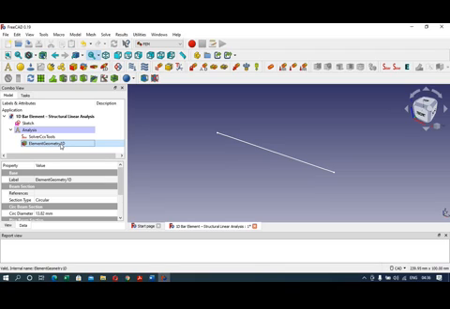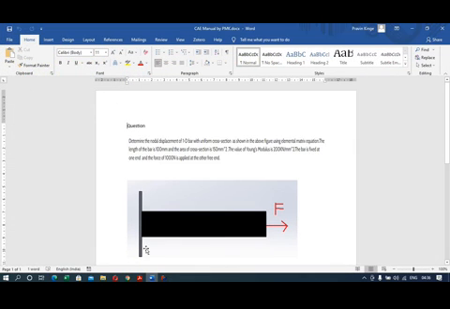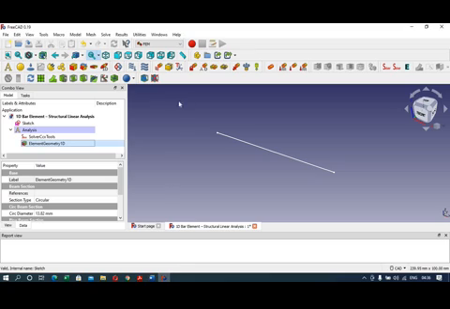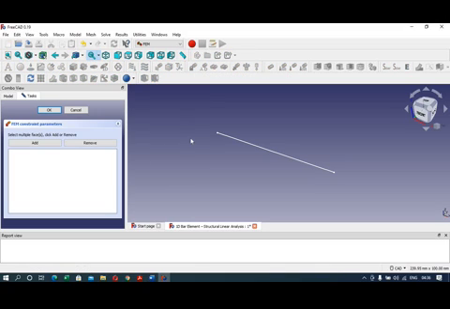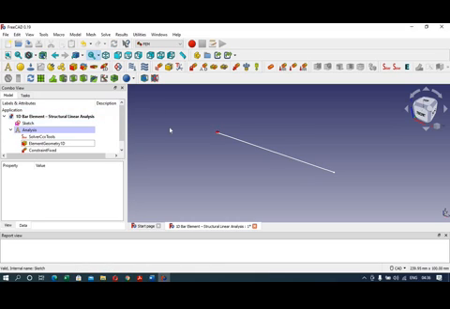So now after this we will apply the constraints. Okay. So here with reference to the numerical, the left end of the bar is fixed 1. So what we will do, we will select this button, create a FEM constraint for a fixed geometry. Click on this, select the left end, this point, left end of the line or bar, and click on the add the sketch vertex 1. So after this, click on OK.